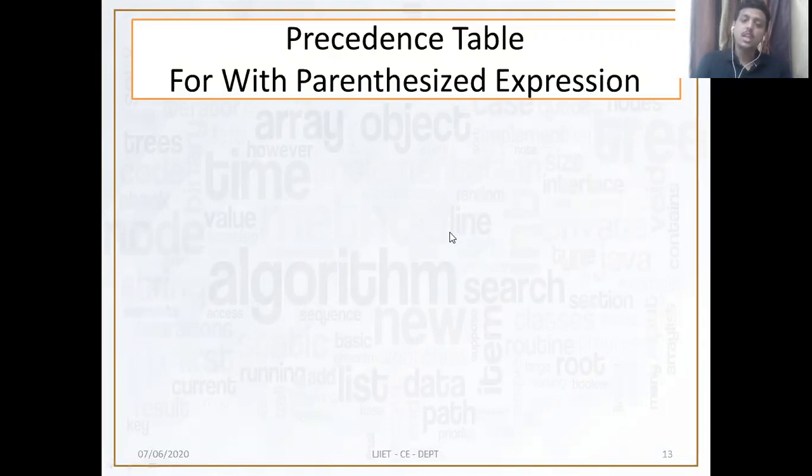Okay, here we have four columns with us: character scan, then stack, then reverse polish, and the last one is the rank. We have seen that during with parenthesized expression, the first step we need to do is to append a closing bracket after the end of the string and insert an opening bracket at the first position of the stack. We initialize the stack with the opening bracket, then we initialize rank with 0, and we initialize polish with the null string, right?